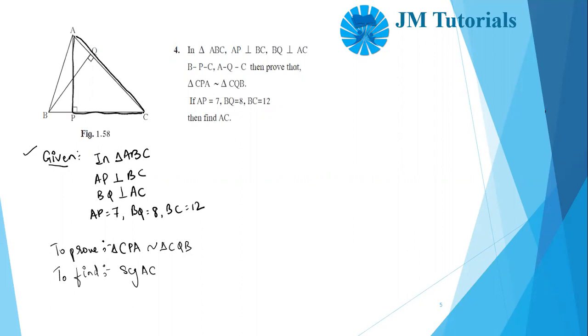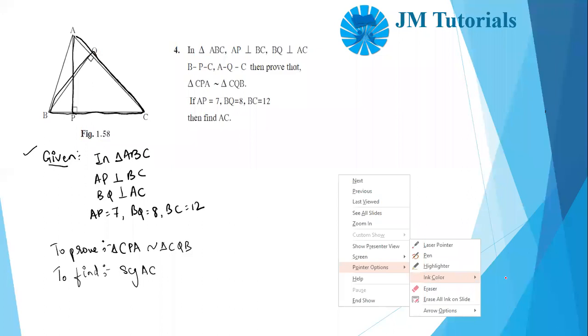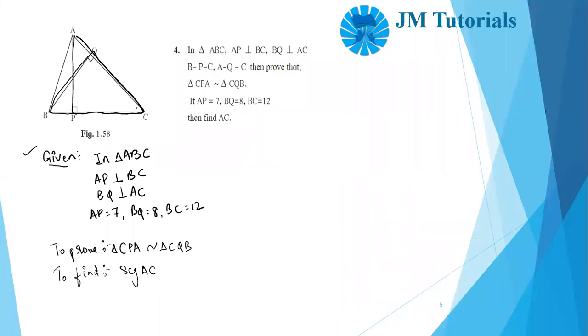CPA and CQB. Okay, now I marked both the triangles, guys. Look at this. When I'm marking the triangle, you might notice this angle. When I'm marking this bigger triangle CPA, this angle is there in CPA. And when I'm drawing BQC or BCQ, whatever, this is there in both. So basically one thing is a common angle.